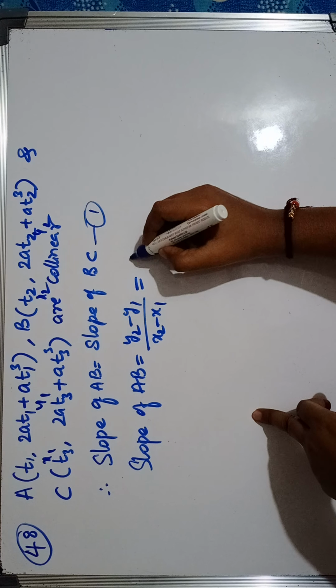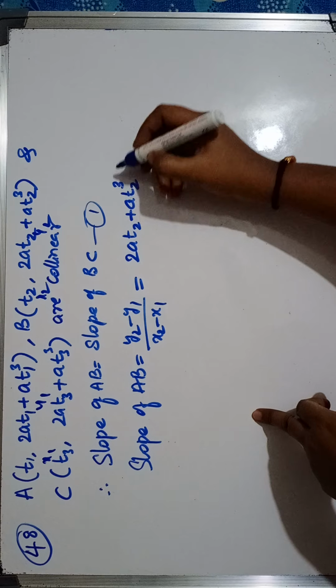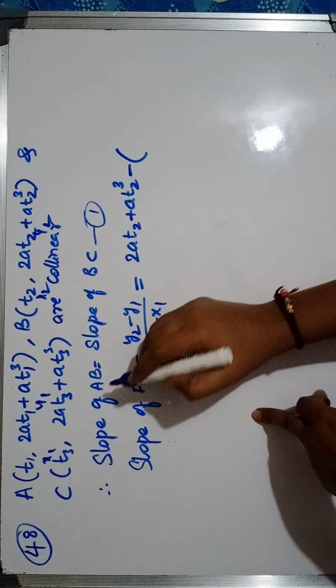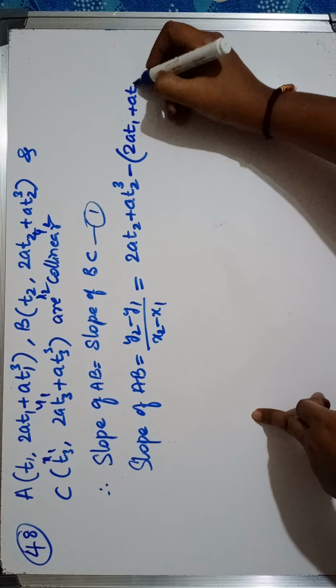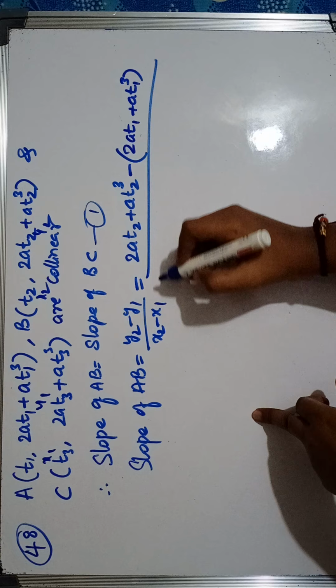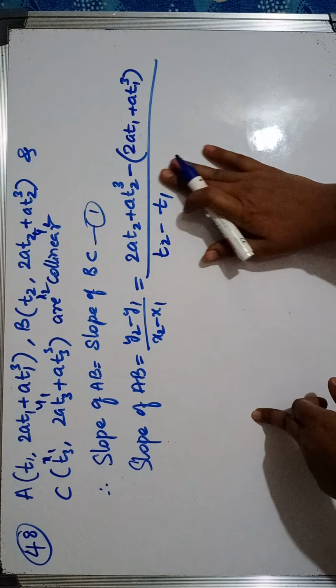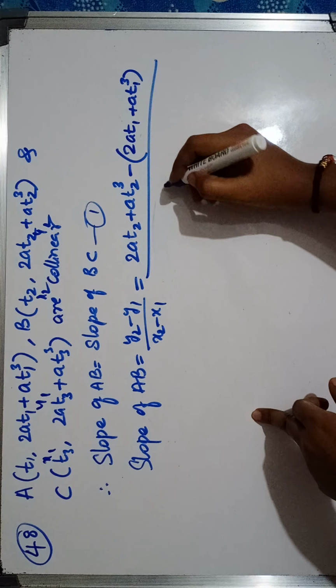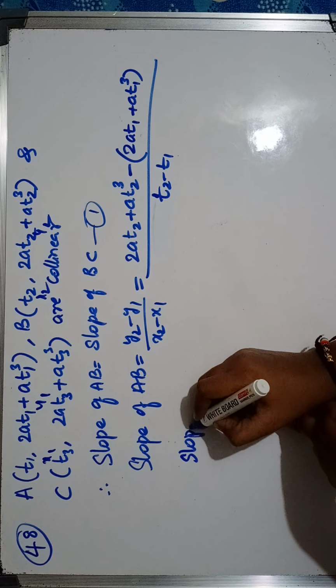So y2 is 2at2 plus at2 cube minus y1, which is 2at1 plus at1 cube, whole divided by x2 minus x1, which is t2 minus t1. So slope of AB